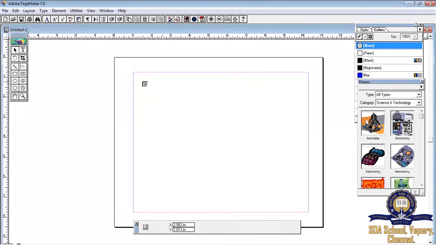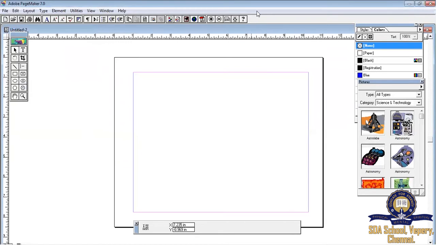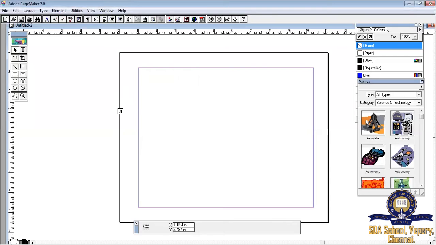Before placing the text here, go to the Layout menu. Choose the option Auto Flow. Okay. Now you can see the loaded text icon has changed to a swirling arrow. Place the swirling arrow in any part of your page and click.